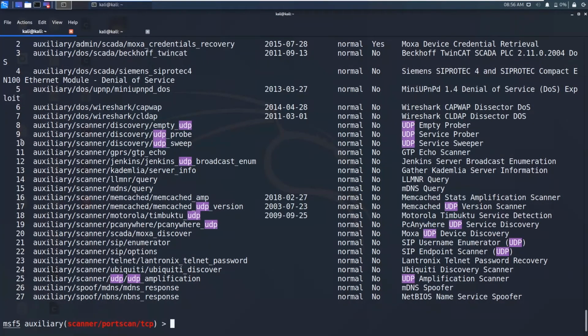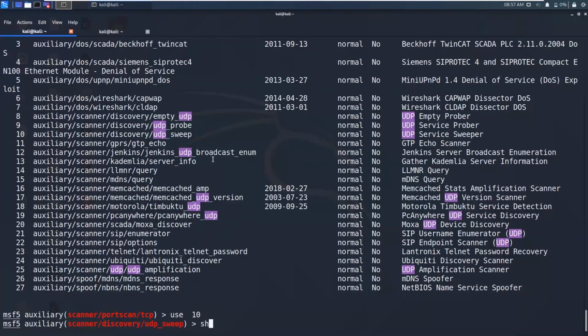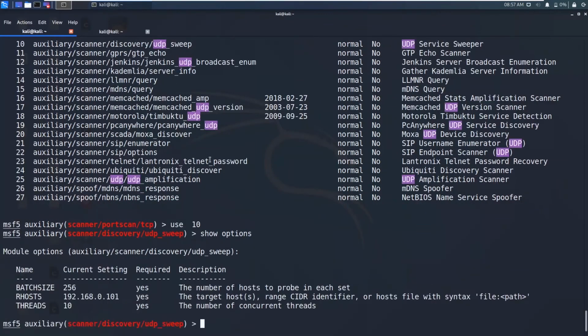Here this is the UDP sweep. We can find the services using this UDP sweep. You can say use 10 and show options. Okay, my IP address has been set because we set it globally, that's why it applies to all the modules we are using. So I just simply say run.